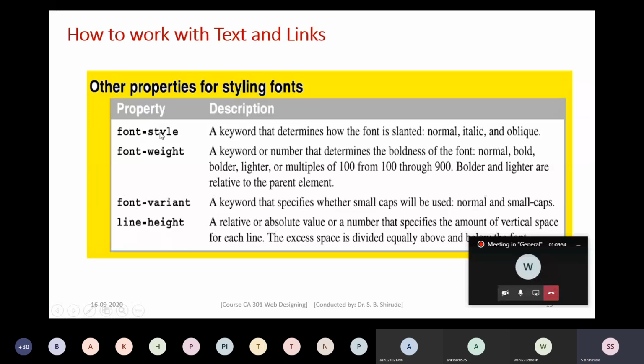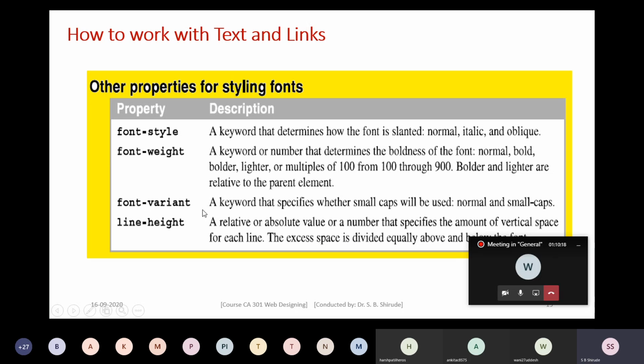So remember, these are the other properties for styling fonts along with font-family: font-style, font-weight, font-variant, line-height. For font-style, the values are normal, italic, oblique. For font-weight, the values are normal, bold, bolder, lighter, or a number which will be multiples of 100.